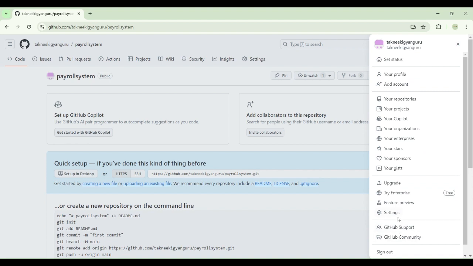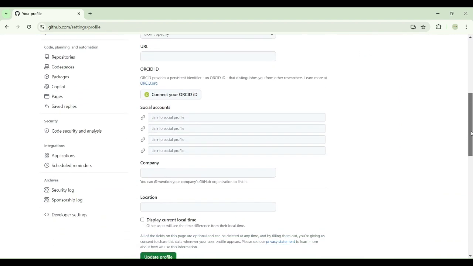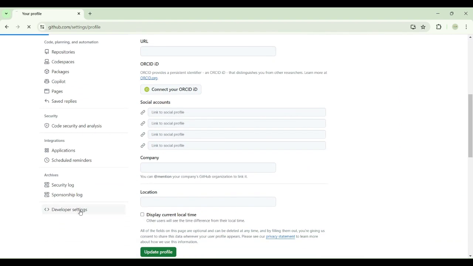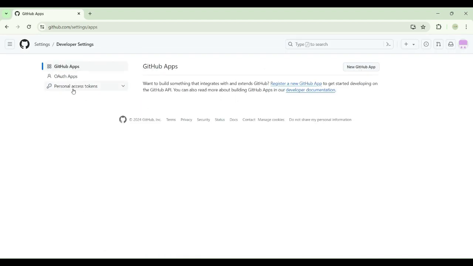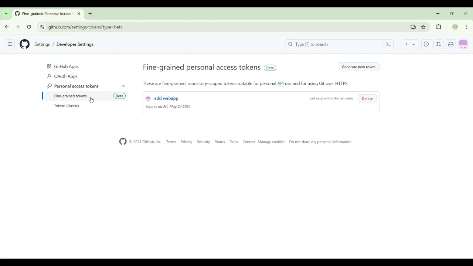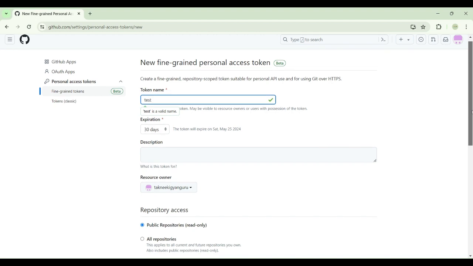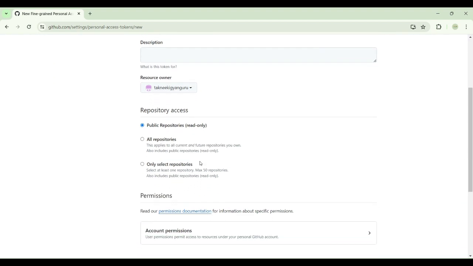and go to Settings, go down and click on Developer settings and Personal access tokens. Create a fine-grained token. I have already created a token, but you can click on Generate new token, give any name for the token, and set the expiration, 30 days in my case, and then you can